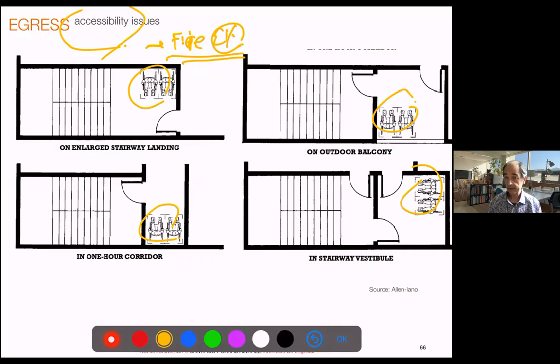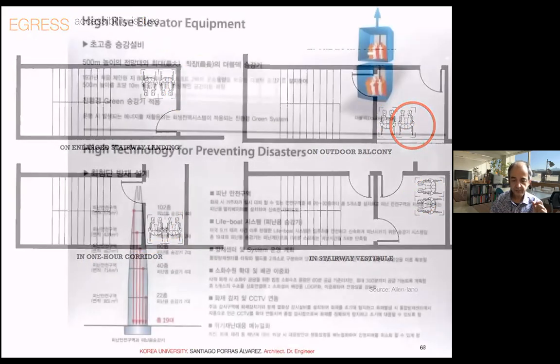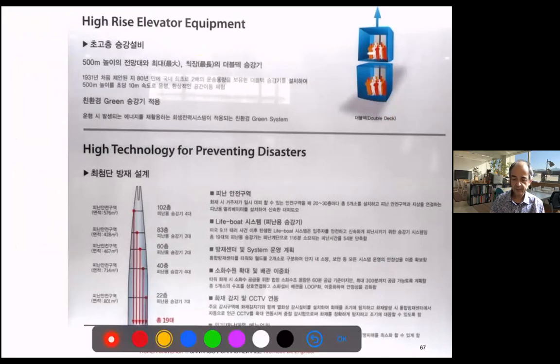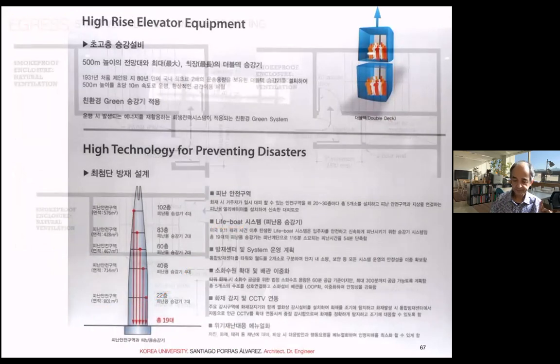This is better than nothing, and this is why we need a lot of extra space. But imagine yourself in the skin of a disabled person depending on a wheelchair, waiting on the stair, while everybody else is running their way out. So it's not great. This is what happens in Chancel Tower, right? You have safe spaces, like lifeboats, as they call them. Well, I hope no fire hazard happens.